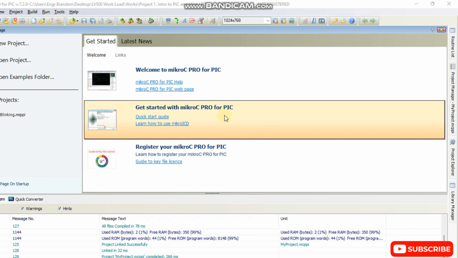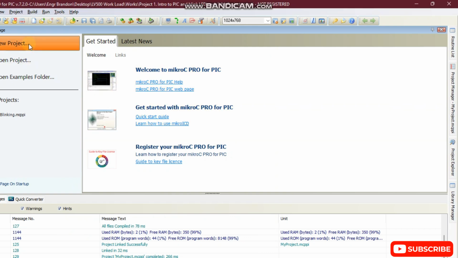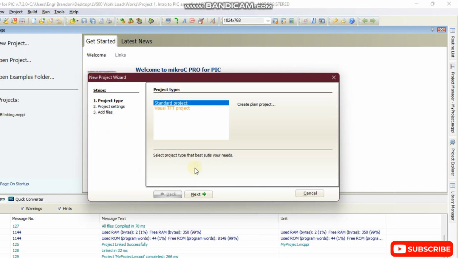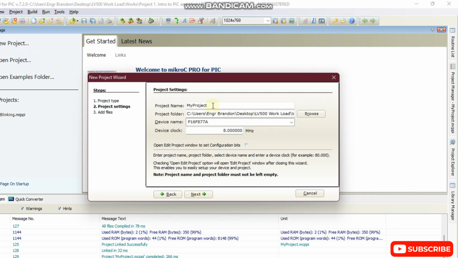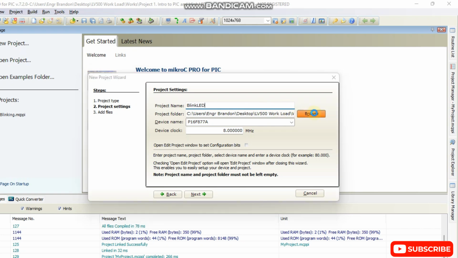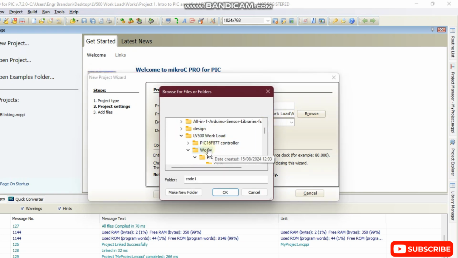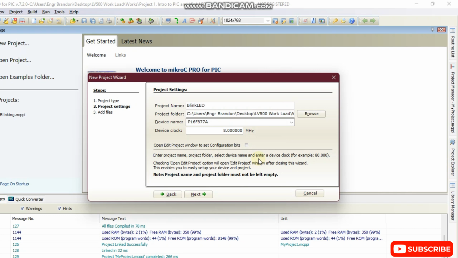So we are going to program our microcontroller using Micro-C Pro for PIC compiler. We are going to first create a new project. We are going to name our project Blink LED. Since we want to blink a LED, let us choose a folder where we are going to save our project. Select the